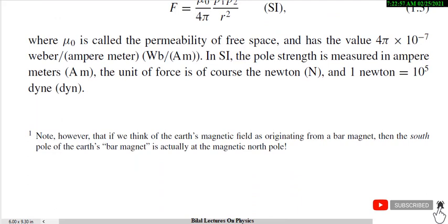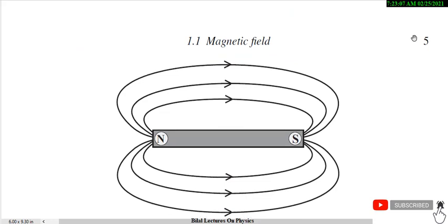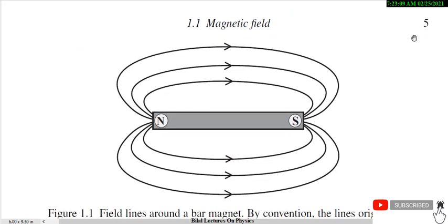So here there is a figure showing how a magnetic field pole acts practically. We all know that field lines begin to flow from the north pole and end on the south pole. You can see here and there also.